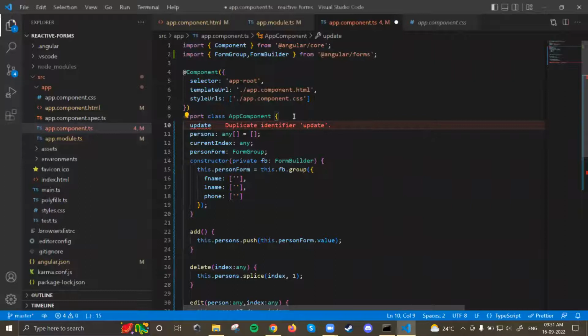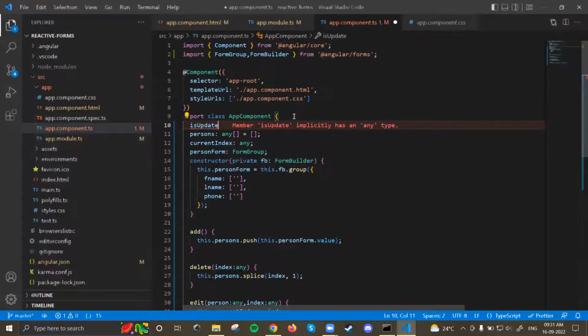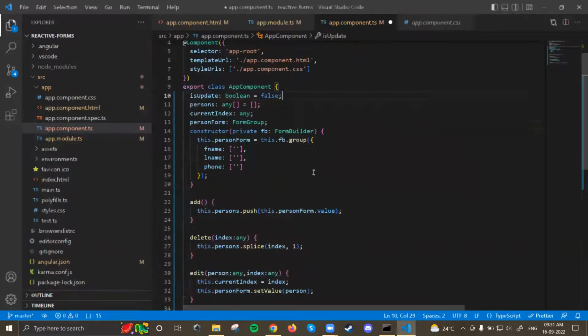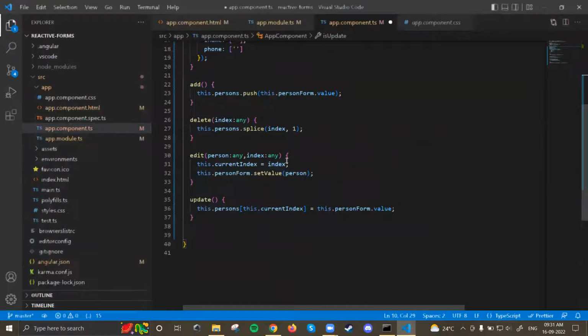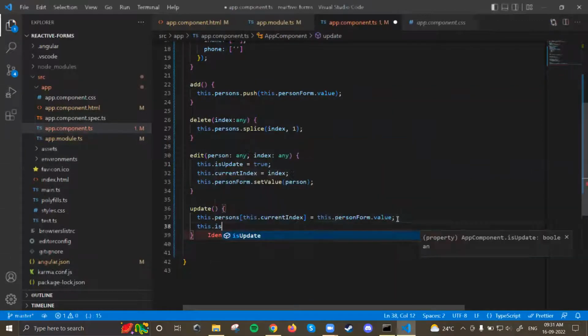isUpdate. I'll make isUpdate of type boolean is equal to false, and then the moment I click on edit, this dot isUpdate is equal to true. Okay, and after updating, this dot isUpdate is equal to false,